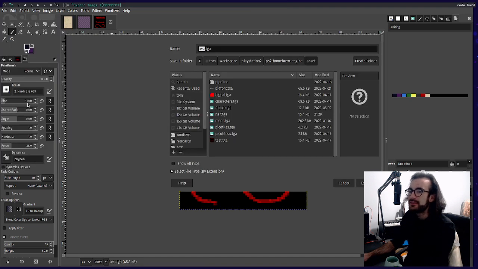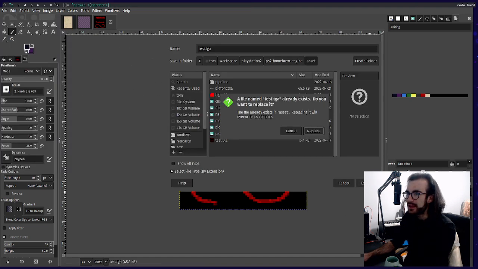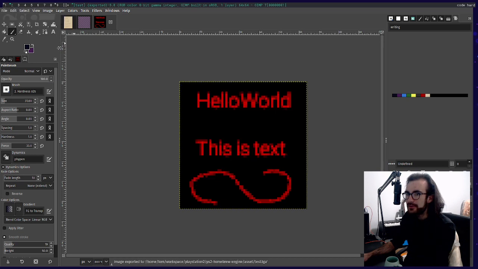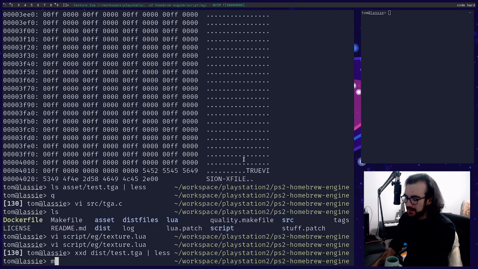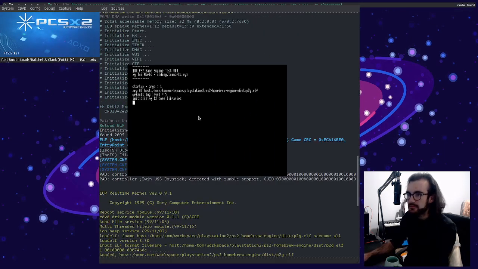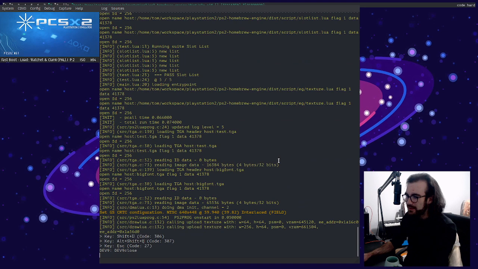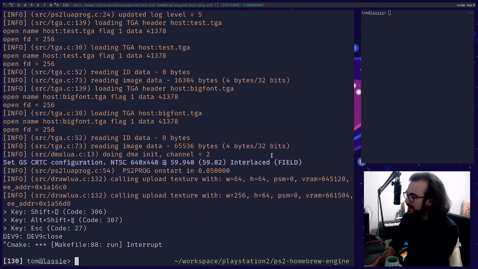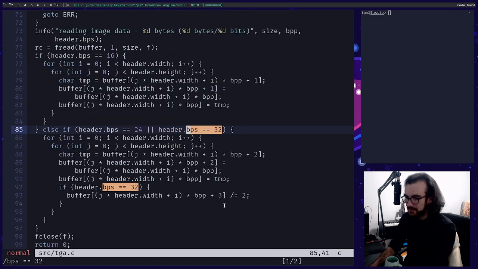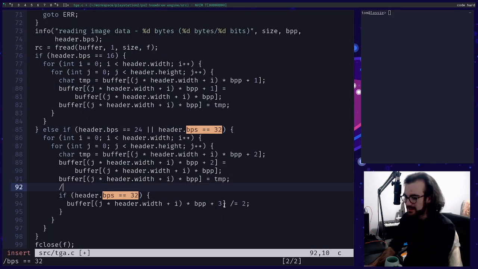Let me just re-export and see what happens, okay? Replace top left, no RLE, boom. Weird. That's so weird, right? I feel like this change should not induce this strange impact. Let's go back to it. Let's go back to this weird hard-coded case. Let me just comment it out.